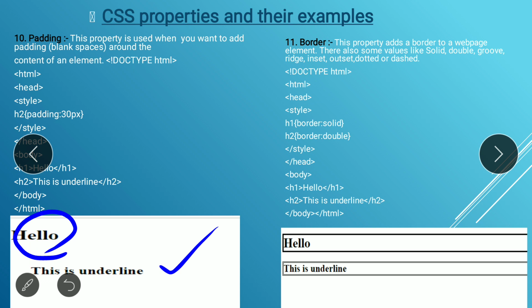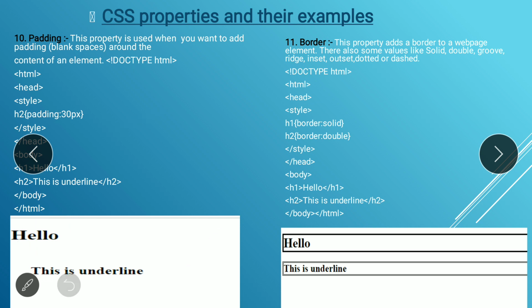Between these two headings you can see the padding, the blank space. So using padding we can set the space between the elements. Here you can see h2 padding colon 30 pixel. So that h2 heading will come a little lower, that's it.